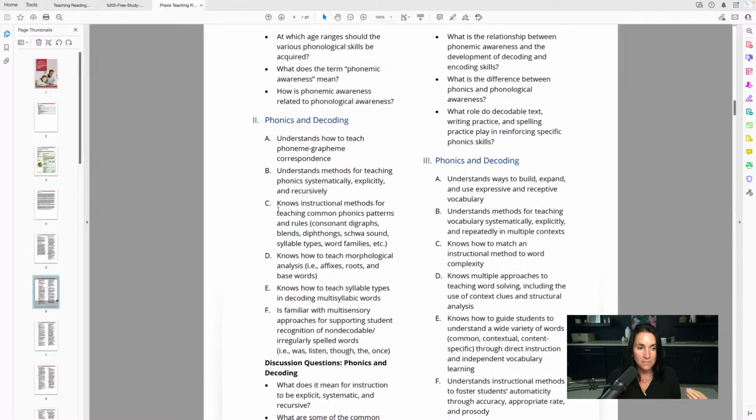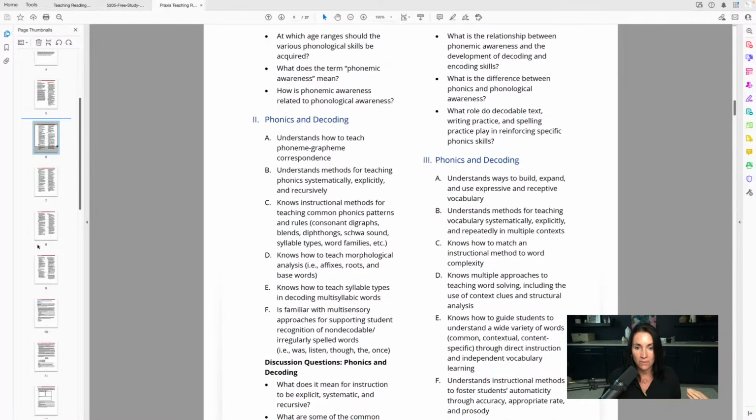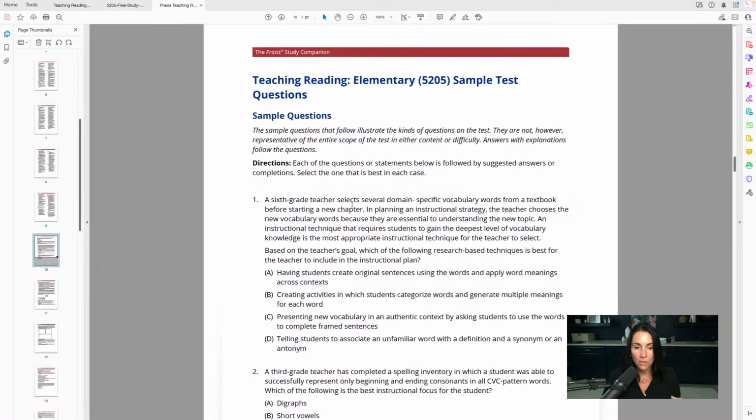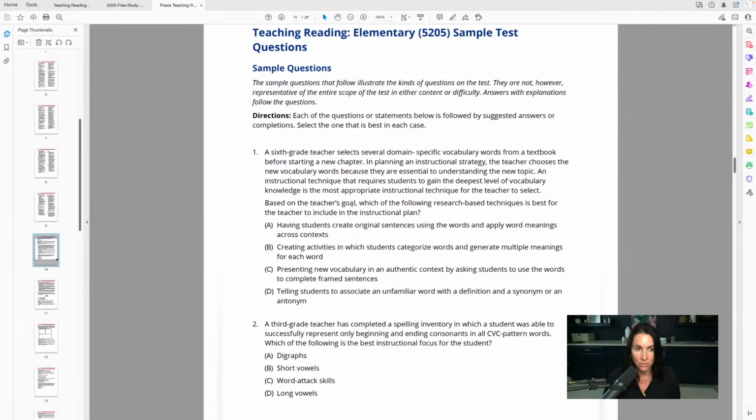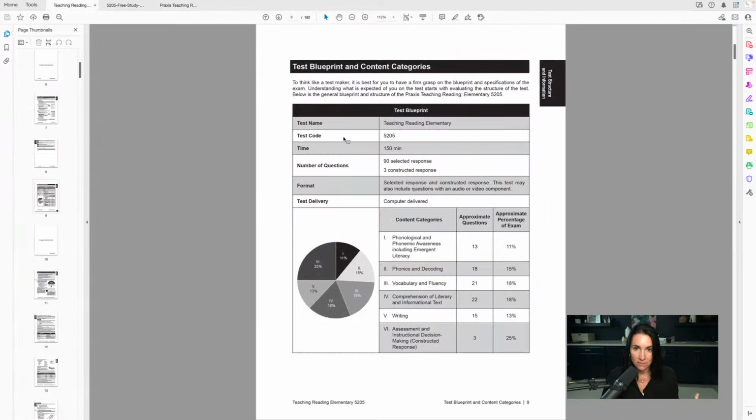There are some practice test questions that they have here. They're very good. You can have a look at those and see how they are structured. And then, of course, there's some constructed response practice. Now, in my teaching reading book, so this is my book here by Kathleen Jasper, I have the blueprint, and